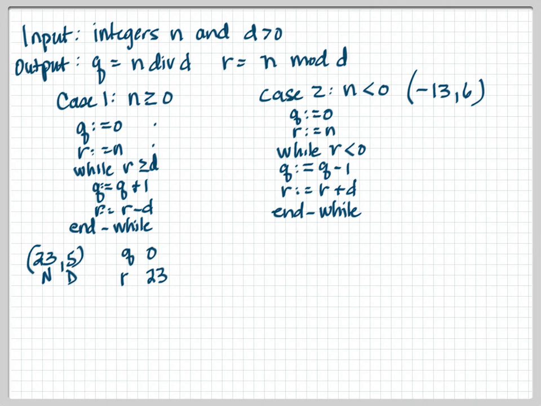While r is greater than or equal to d, so 23 is greater than or equal to 5, I add 1 to q, and I change r. r is going to be whatever r was before, 23, minus d, so minus 5, which gives me 18. And I go back up, r is still greater than 5, so I do the